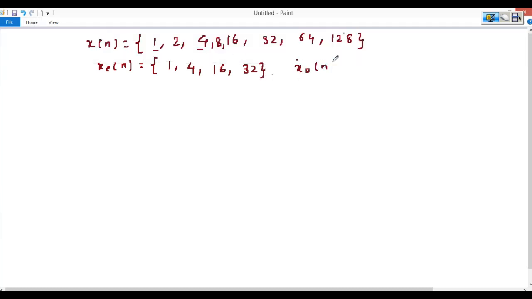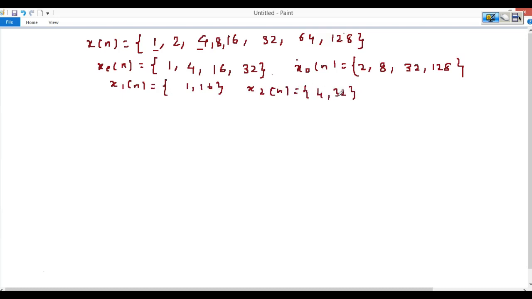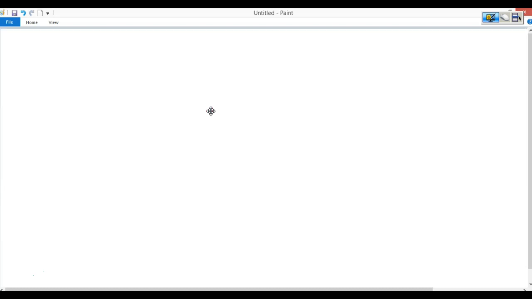Similarly, for the odd numbers of n, we'll find 2, 8, 32 and 128. Further, we'll divide into x1 of n, that is 1 and 16. x2 of n is equal to 4 and 32. x3 of n is equal to 2 and 32. And x4 of n is equal to 8 and 128. So these are the 4 signals, and we will draw 8 points again